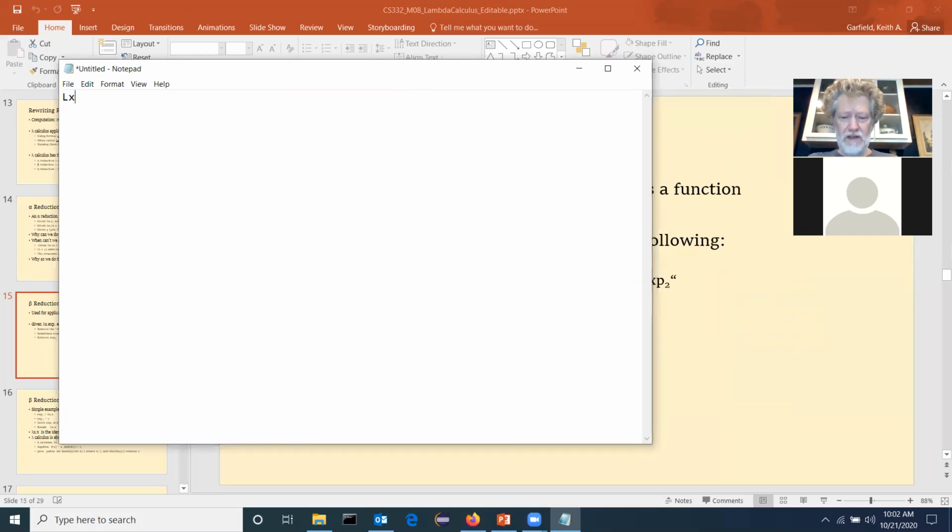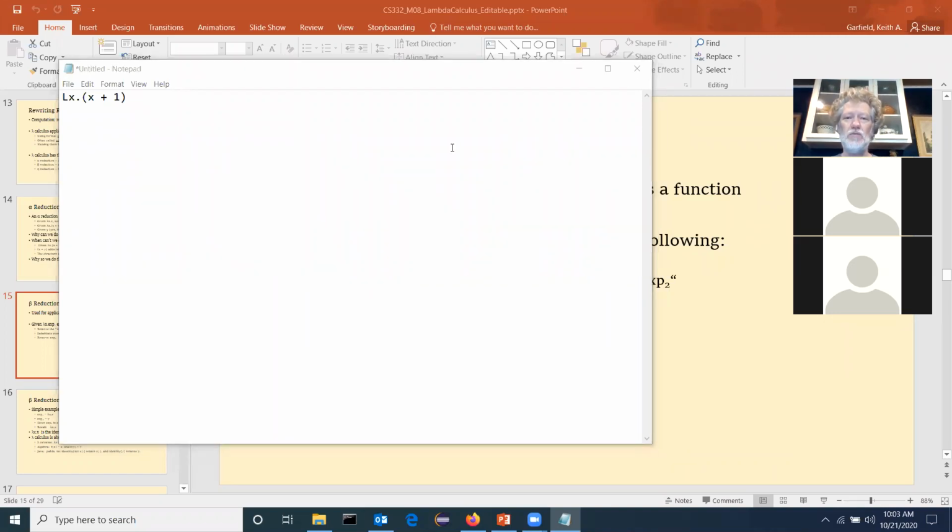I can do lambda x dot x plus 1. Now, is that a function, first of all? Yes, because it has the lambda, variable name, dot, and then some kind of an expression. And as always, we are pretending that we have numerals and we're pretending that we have math operators. We'll get there. Okay, now if I put another expression in here, like 6,